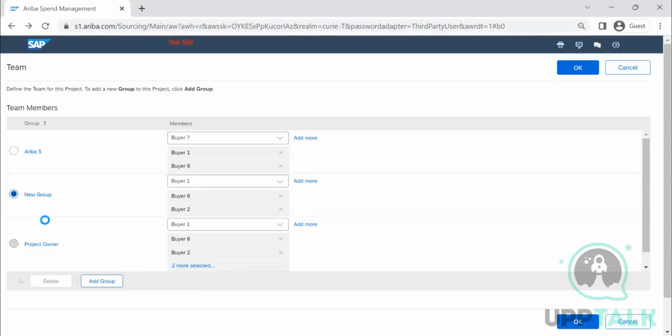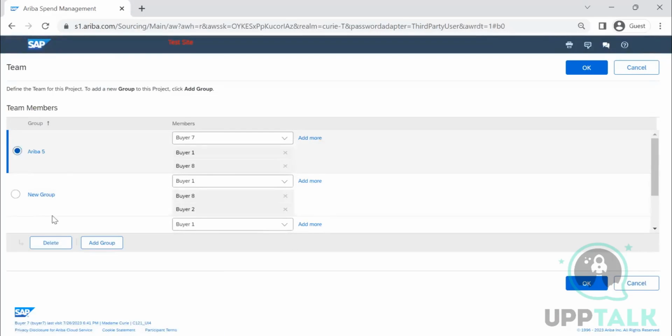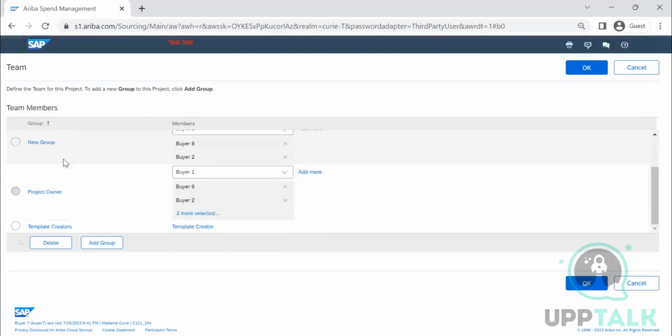Delete these groups also, say some persons tested it. Okay, leave it. So once you have the access, go to the templates,